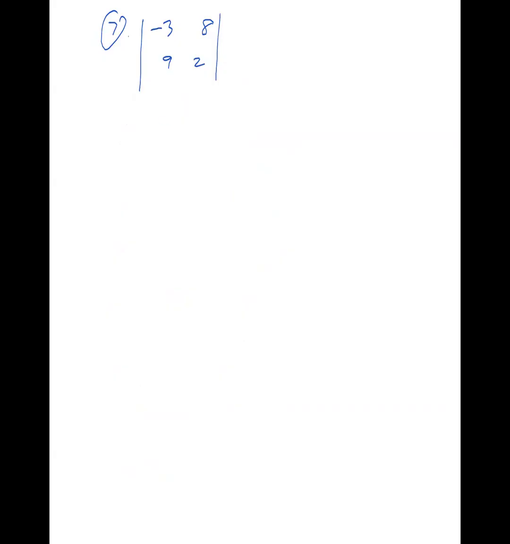The determinant is just simply the first number times the last number minus the other two numbers multiplied together. So that's negative 6 minus 72, that's negative 78. Okay, then the 8th and final question on this test is